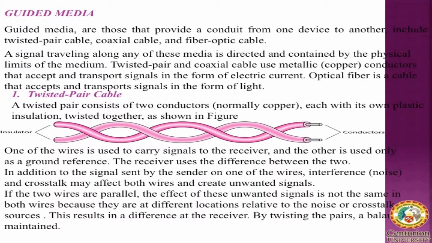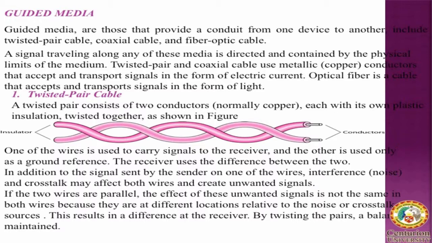What is guided media? If the media has a physical existence, generally we are using a conductor for carrying the signal, then that type of media is known as guided media. The first type of guided media is the twisted pair cable. What is a twisted pair cable? This is going to be a pair of cables, and the pair is going to twist around each other like in this diagram. Each cable is twisted with the other one. That's why the pair is known as twisted pair cable.